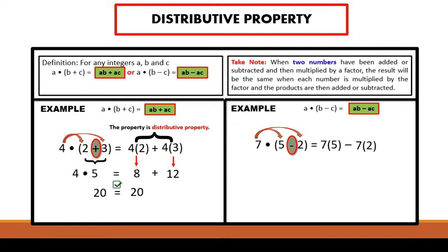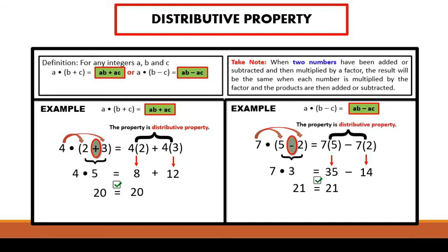So, dapat same sila ng answers sa the left and sa right. So, let's solve this one first. Excuse me. 5 minus 2 is 3 times 7. The other side is 7 times 5 is 35 minus 7 times 2, which is 14. So, 7 times 3 is 21. So, this should be also 21. What is 35 minus 14? Yes, that is also 21. So, that is called distributive property from the word distribute. Next property is called